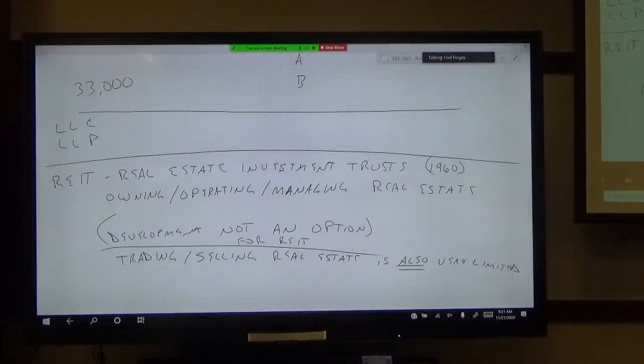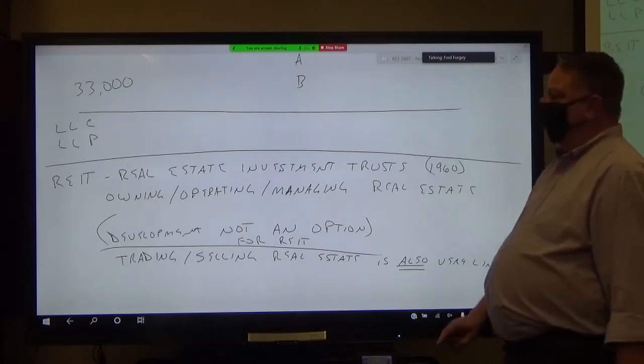Now, are there absolute, hard and fast rules as to the exact percentages that you can sell off in any given year and that sort of thing? Not really. It's kind of at the discretion, to a certain extent, of the IRS. Now, you can probably get into all sorts of cases that have been tried, and you can maybe get a sense for what would trigger the IRS to engage in this. But here's the big nasty of this